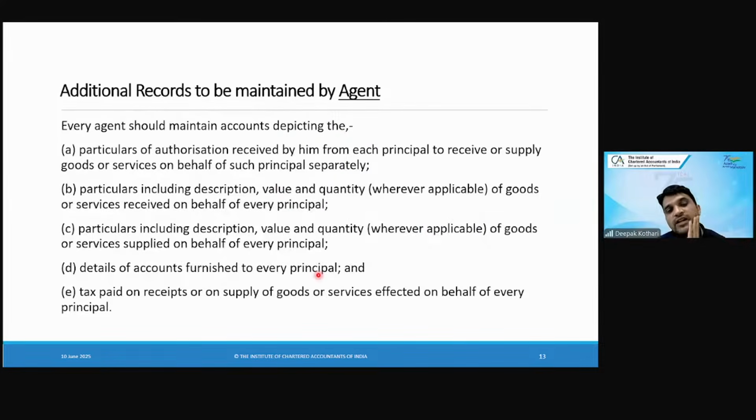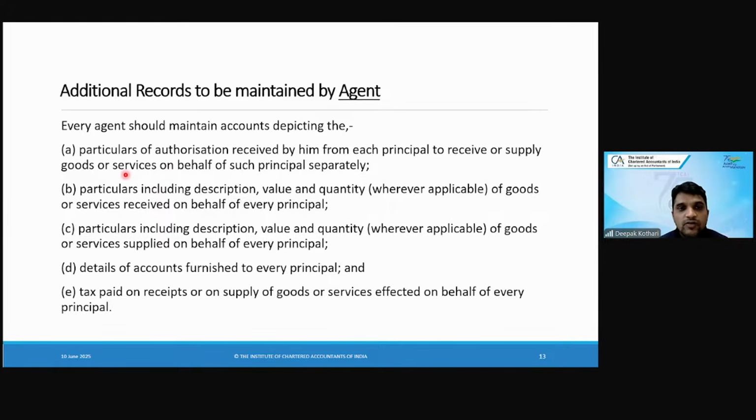ठीक है। देन जैसे हमने नॉन कॉम्पोजिशन पर्सन के लिए स्पेसिफिक डॉक्यूमेंट बोल दिया है, अभी एजेंट्स के लिए क्या डॉक्यूमेंट्स मेंशन करने चाहिए। तो एजेंट शुड मेंटेन अकाउंट्स डिपिक्टिंग द पर्टिकुलर्स ऑफ द ऑथराइजेशन रिसीव्ड, क्योंकि एक एजेंट है वो प्रिंसिपल के बिहाफ में ट्रांजैक्शन करता है। तो प्रिंसिपल को क्या करना चाहिए, या तो फिर एक अग्रीमेंट या तो फिर एक ऑथराइजेशन लेटर बनाना चाहिए। So particular of the authorization which is received by him from each principal